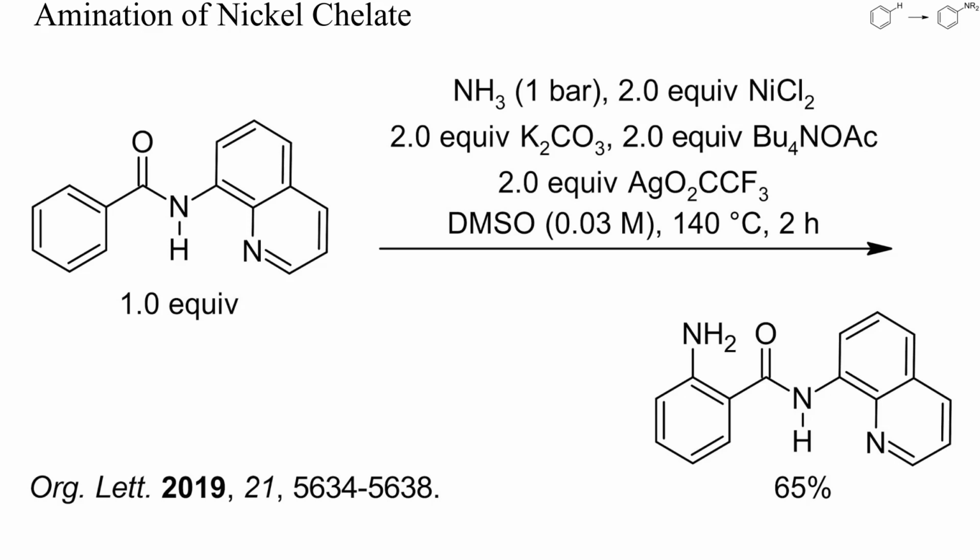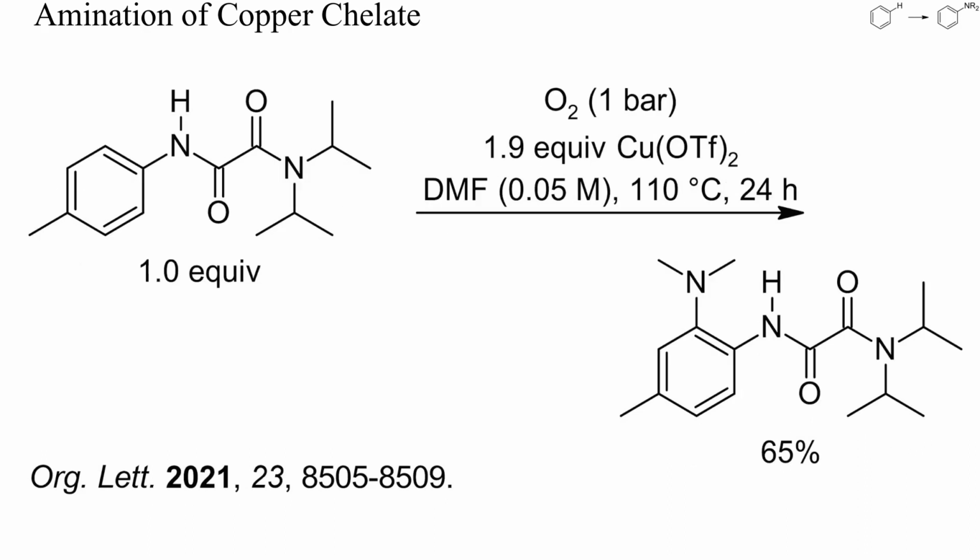Here, 2 equivalents of nickel chloride and silver trifluoroacetate were required, though. Strong heating of DMF can cause its decomposition, and in this example, an oxal anilide was aminated with dimethylamine by heating with DMF and an excess of copper triflate under oxygen. Like in the previous example, this reaction generated way too much problematic waste and is unlikely to become relevant for